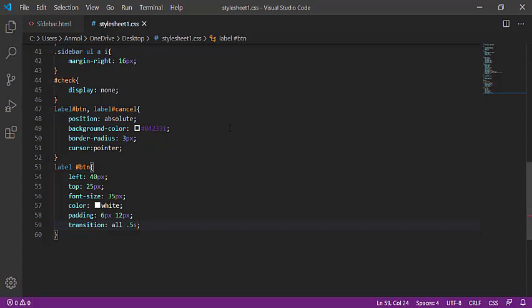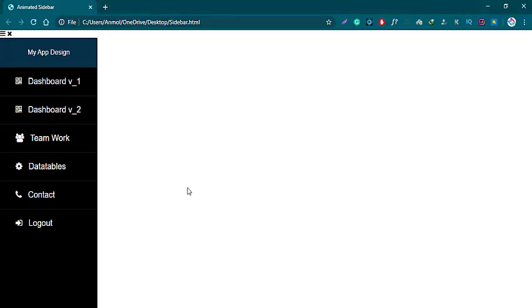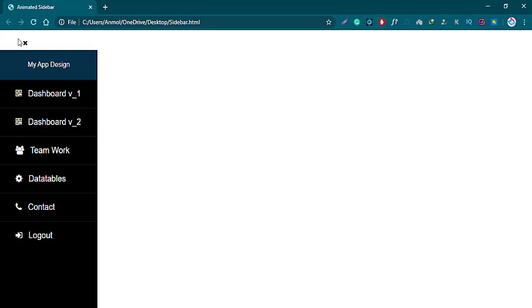Transitions will be the 0.5 seconds to all of these. Reload, and it's working. Close and the menu bar.